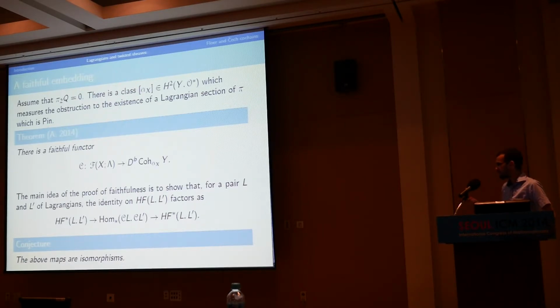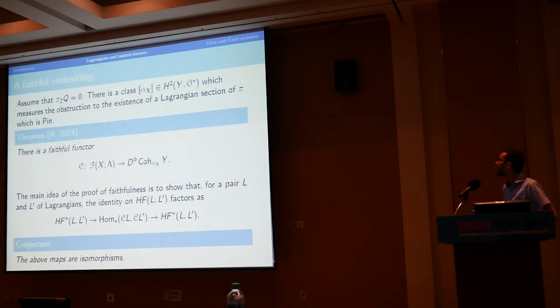So it's fairly clear that we should expect that, in fact, these maps are isomorphisms. And I've been trying. I think it's going to take quite a bit of time. It's actually a very good measure of how well one understands family Floer cohomology to see whether we can manage to prove that this is always a fully faithful embedding. I do want to say that there are many, many situations where this is enough.